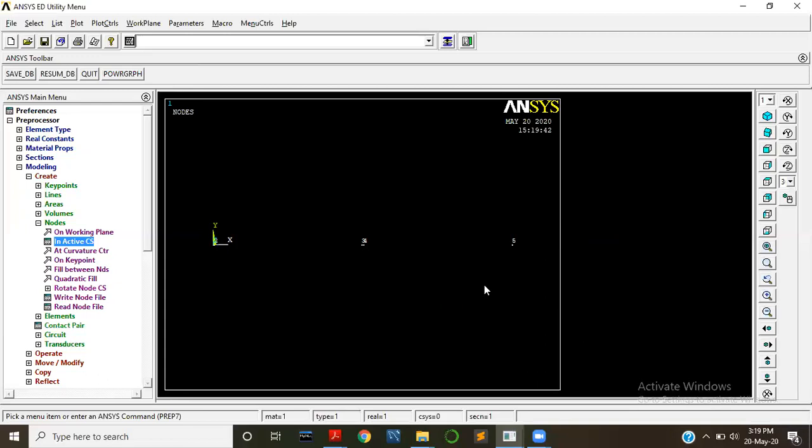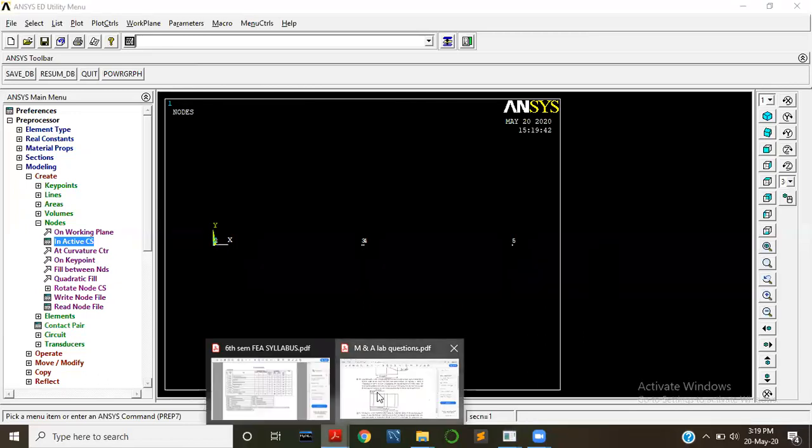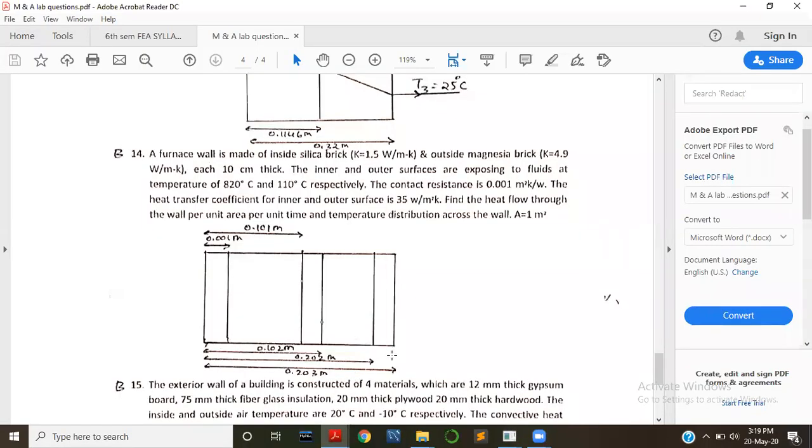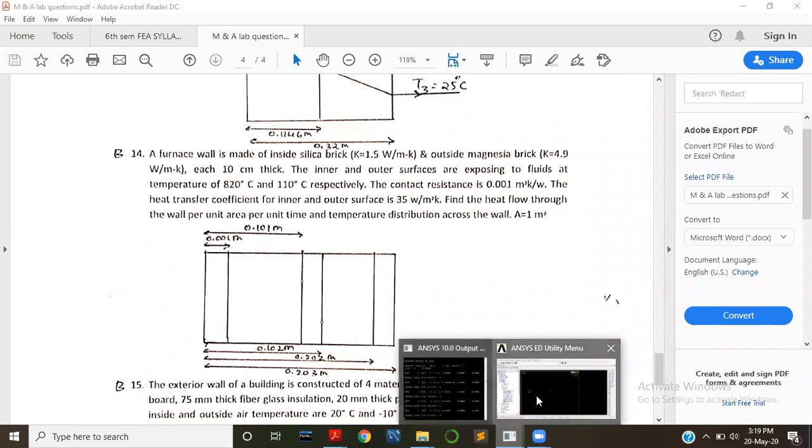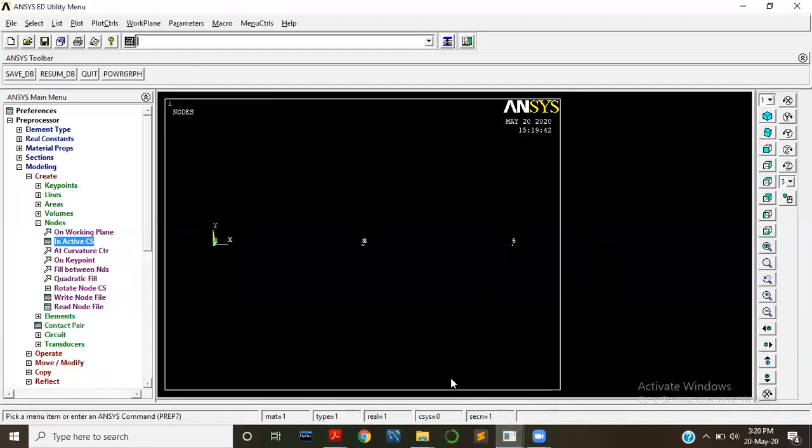So totally in the question, 1, 2, 3, 4, 5, 6. Oh, one more node is there. Let us define that too. To see that, we have to zoom the model like that. Here only 5 is there.